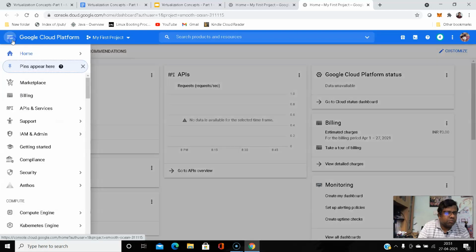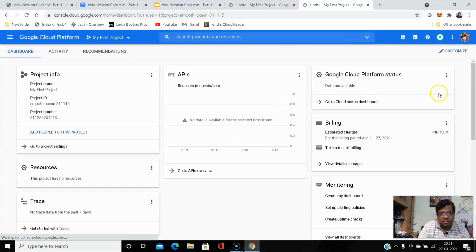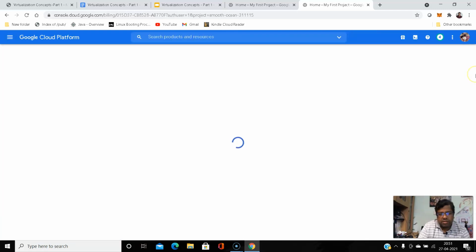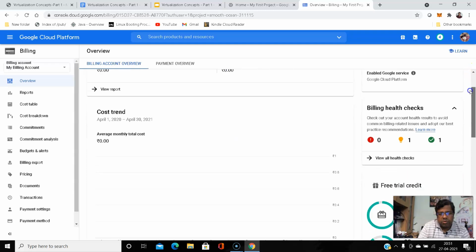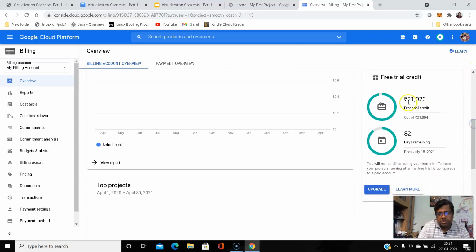Let's go to billing. Here you can see they are giving around 23,000 rupees of free tier credit that you can use, and it's valid for 90 days.